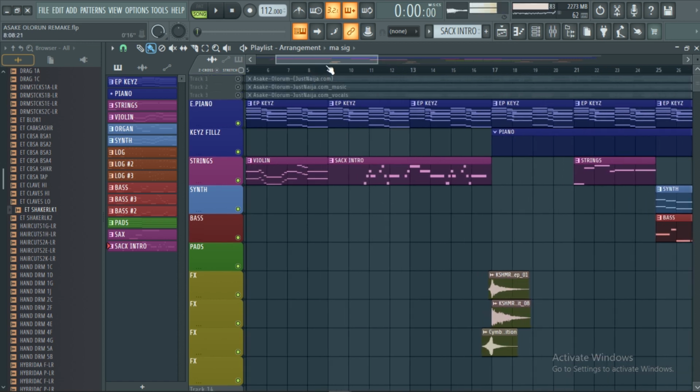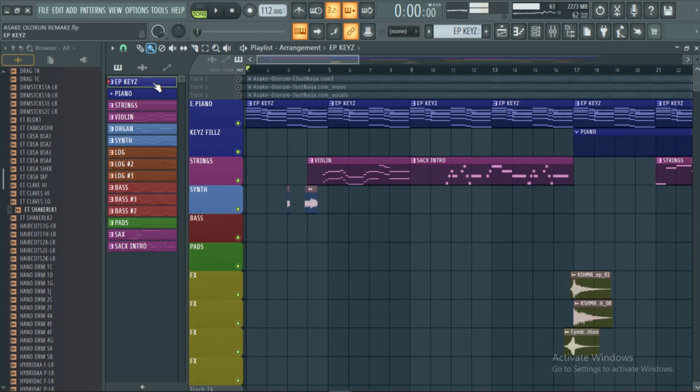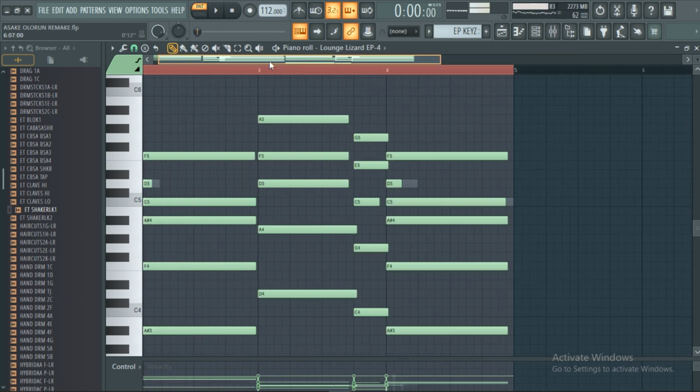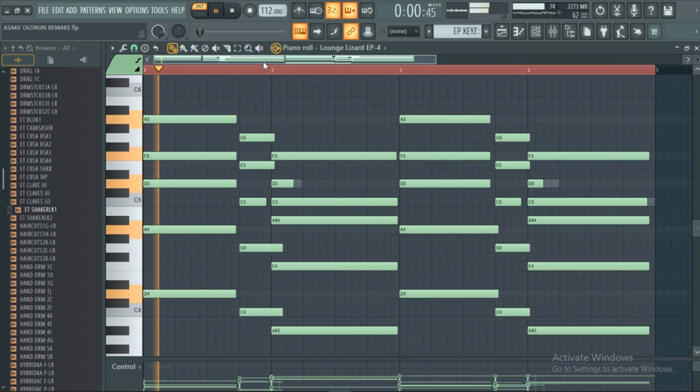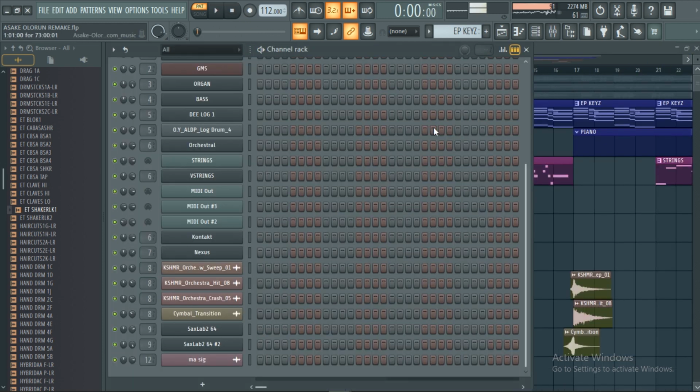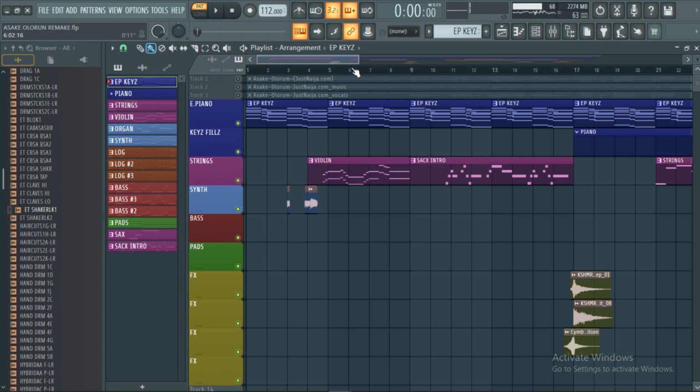So yeah, the first part to this now, we'll go with the keys. So that's the keys. I'm using lounge for the kick actually. So this is the keys. So that's the keys. The next part we have the